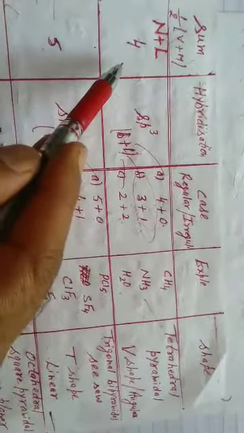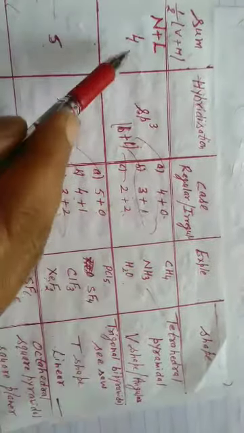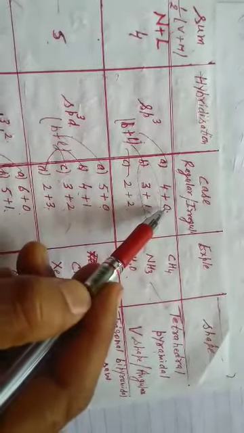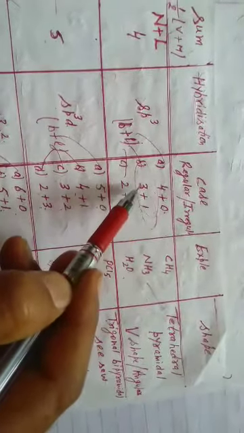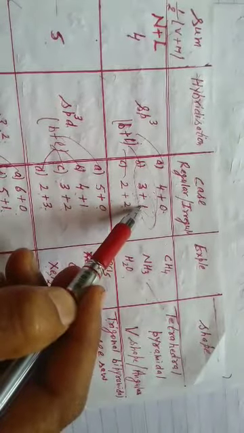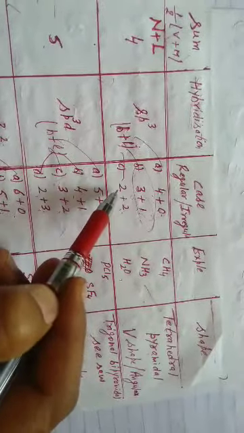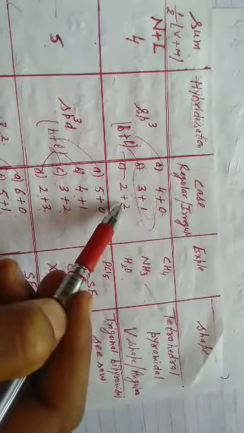We got 4. When we got 4, all of you know it is sp3 hybridization, 1 plus 3, 4. But for sp3 hybridization, the case may be 4 plus 0. The second case may be 3 plus 1. And the third case may be 2 plus 2. 4 plus 0 means it is regular. The central atom is surrounded by 4 bond pairs. 3 plus 1, 3 bond pairs and 1 lone pair. It is irregular. The third case is 2 plus 2, 2 bond pairs and 2 lone pairs. All of them undergo common sp3 hybridization, but their shapes will be different.